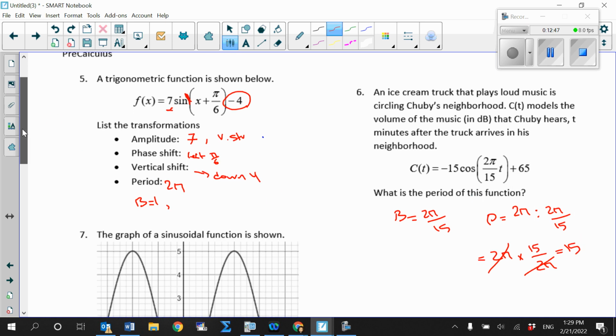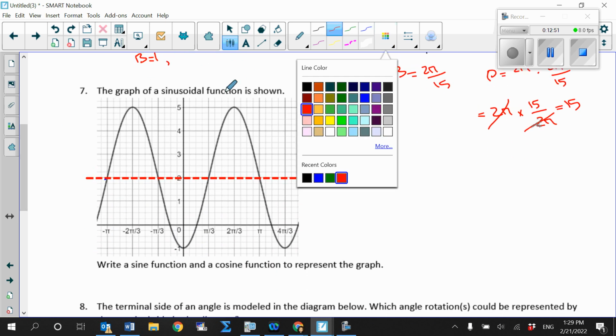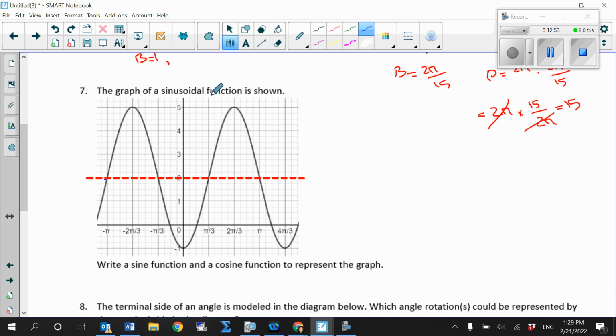Okay, let's go to the next question. The graph of a sinusoidal function is given below, and we want to write a sine and a cosine function for this. First, I'm going to write the general sinusoidal function for you. y equals c plus a sine, or it could be cosine, of b times (theta minus d). Now we're going to find all these a, b, c, d values from the graph and